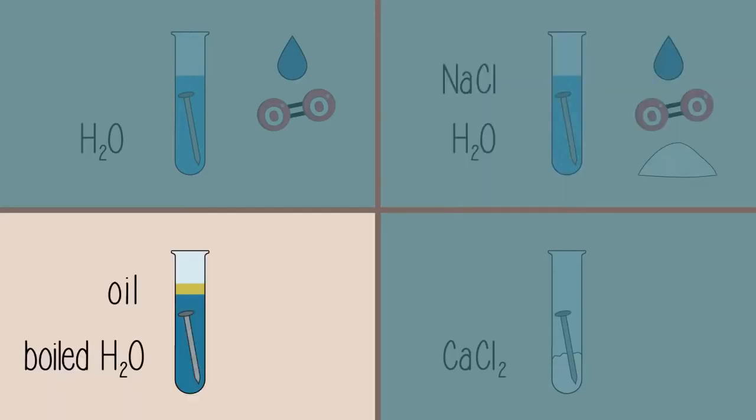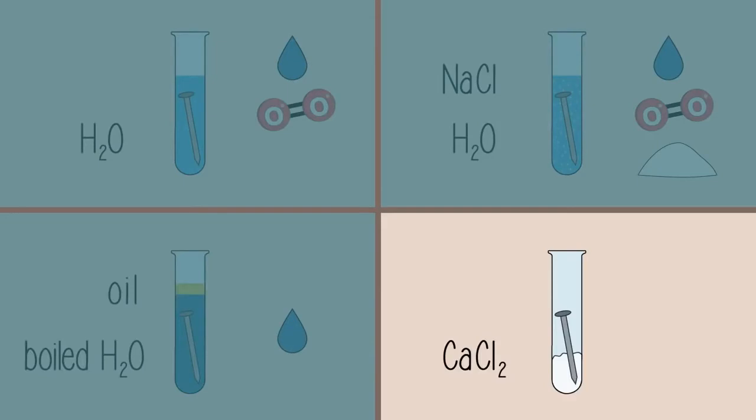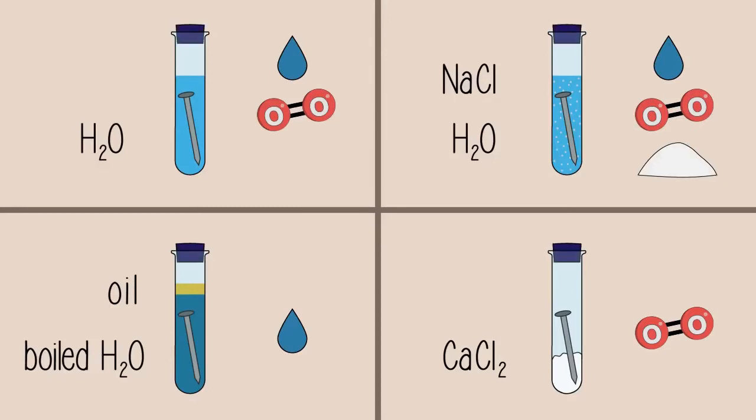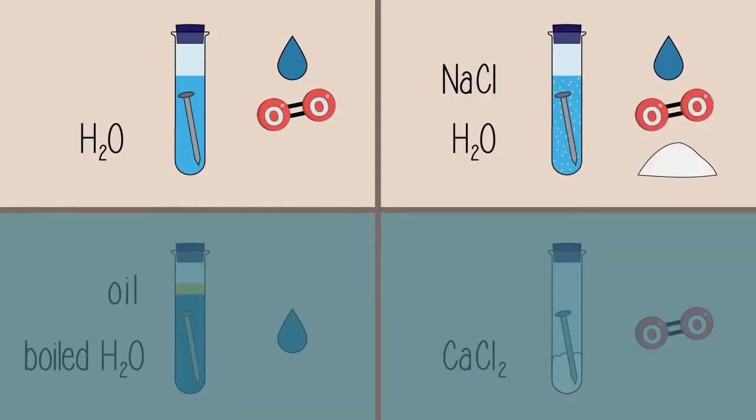So in the third test tube, the nail is only exposed to water. In the fourth test tube, the nail is exposed only to oxygen. Stopper all 4 test tubes with a rubber bung and let stand for a couple of days. You will find that the nails in the first and second test tubes have rusted. In particular, the nail in the second test tube has rusted more than the nail in the first test tube,